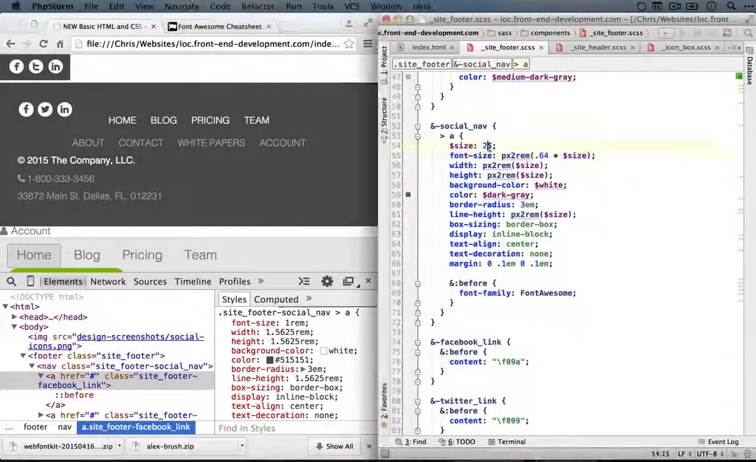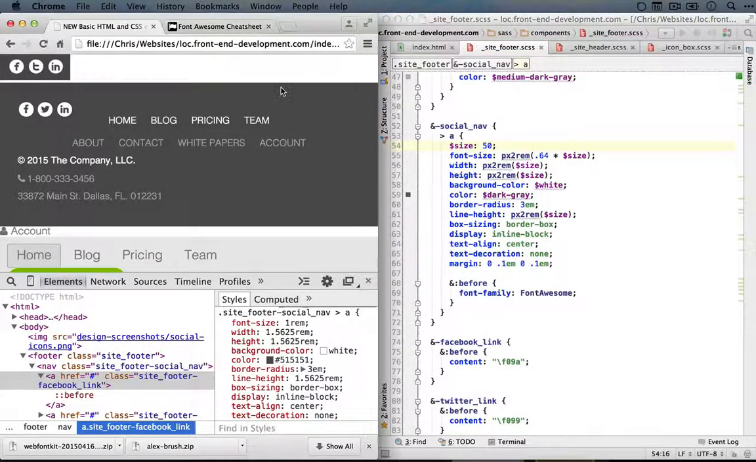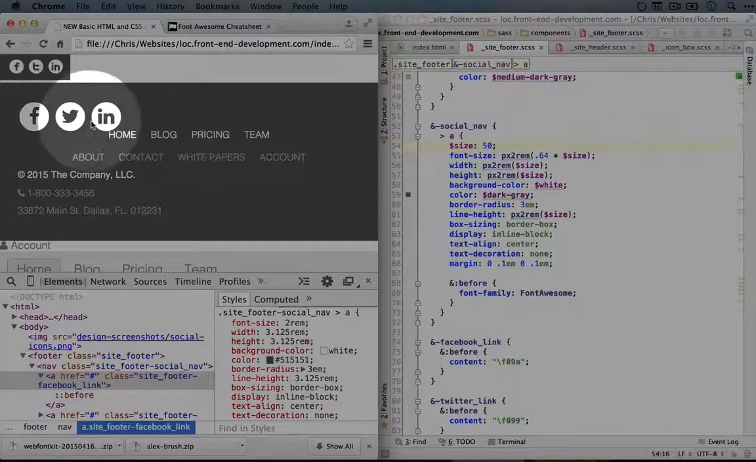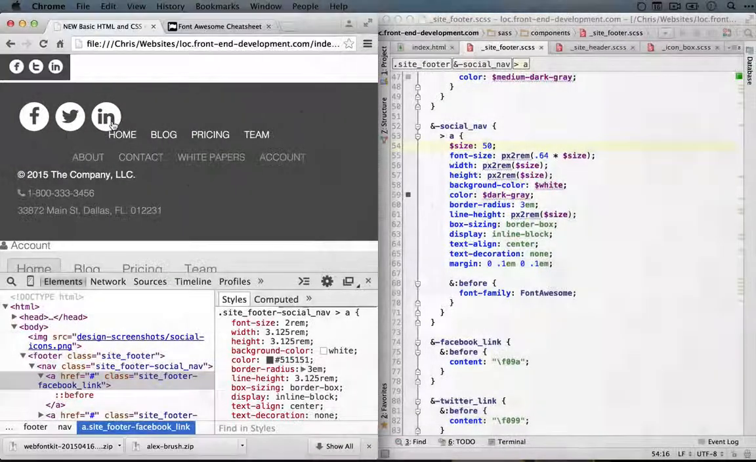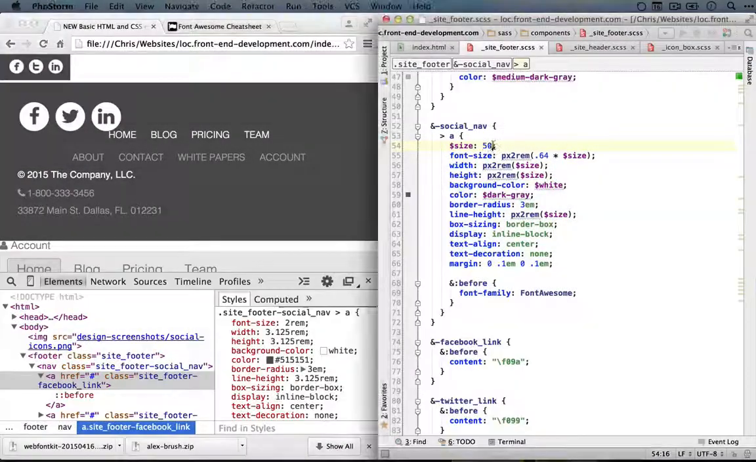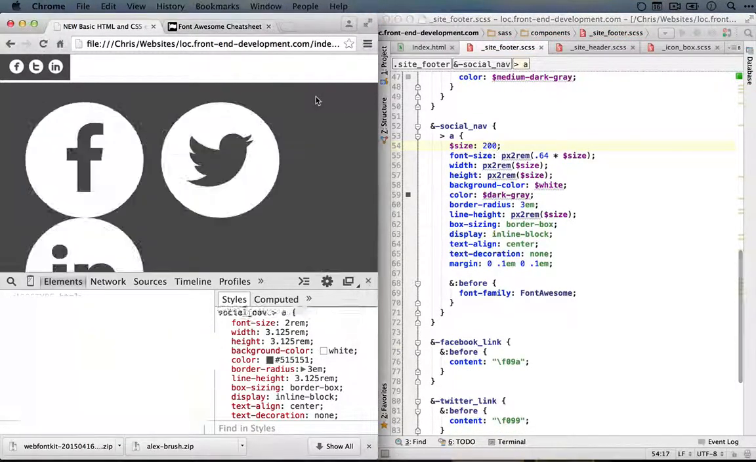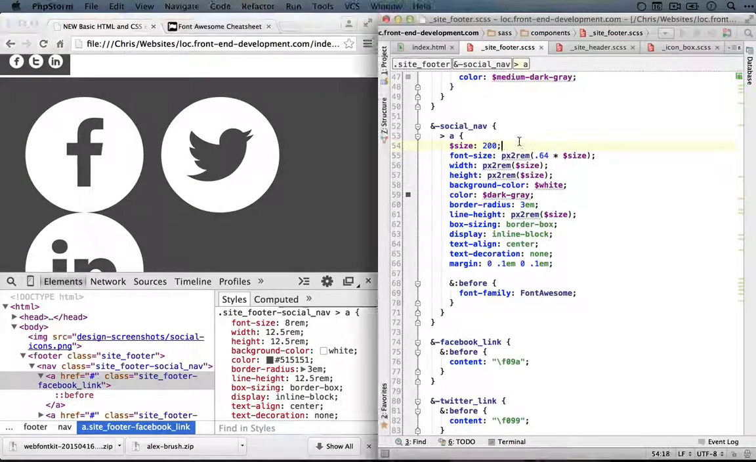And if we change the size here now to 50 and refresh it in the browser, our font sizes would shift in relation to the size of the icon. So we can make this even bigger, say 200, and refresh. So not bad. Now we could take this and create a function so we can generate circle icons in other